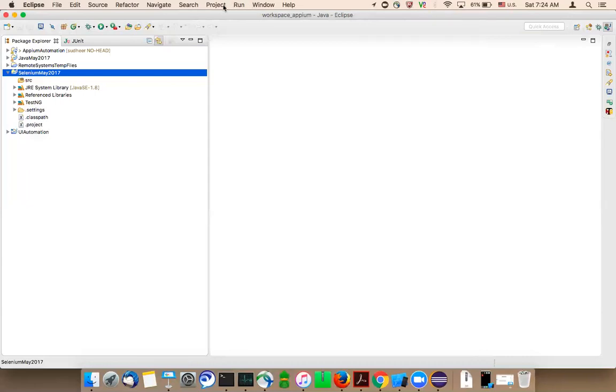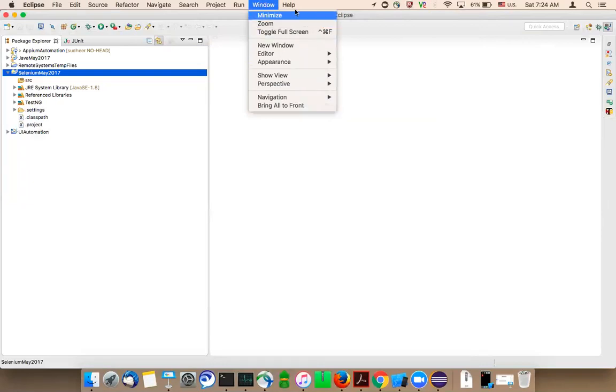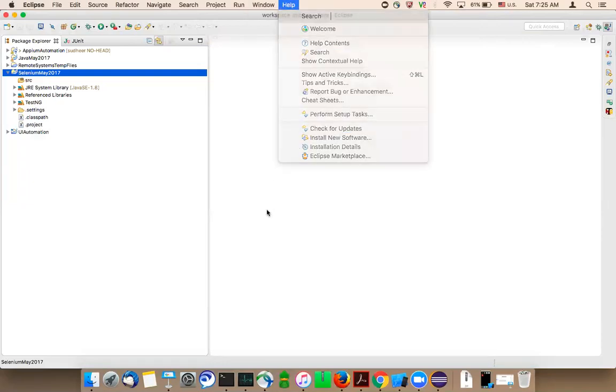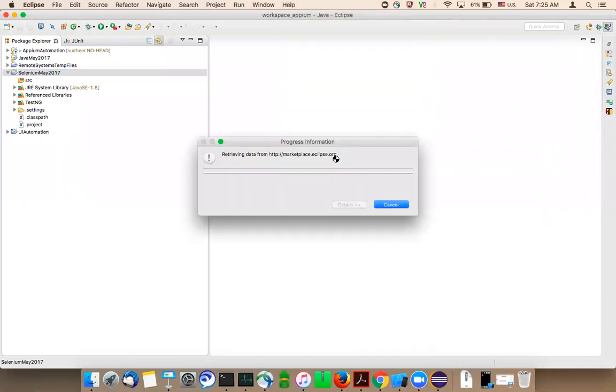So in case, when you click on add library and you don't see the TestNG, then go to Help, Eclipse Marketplace.